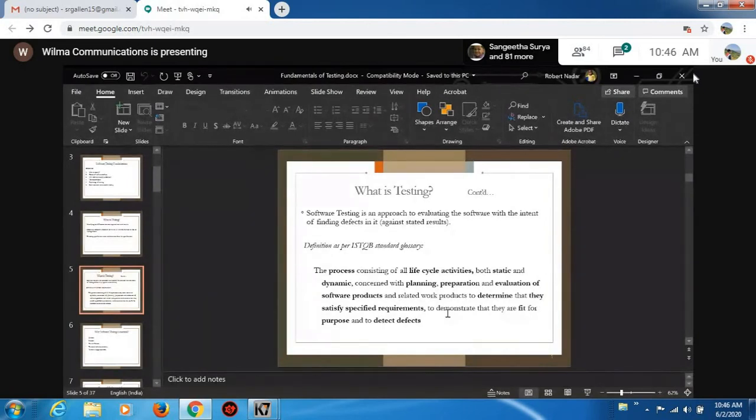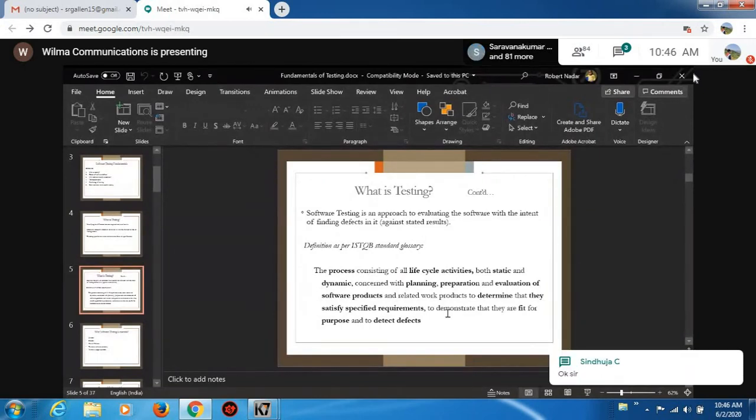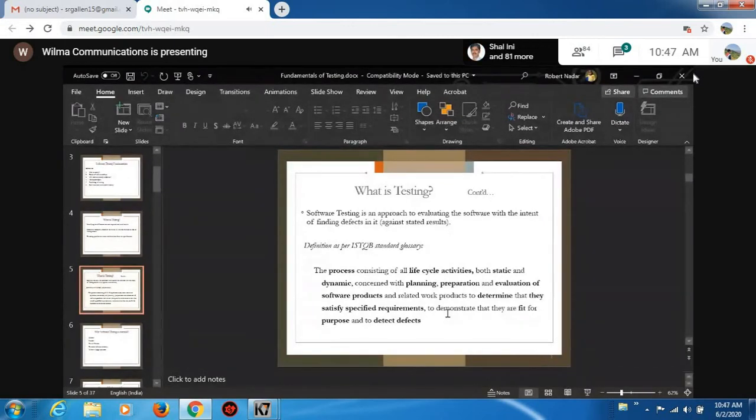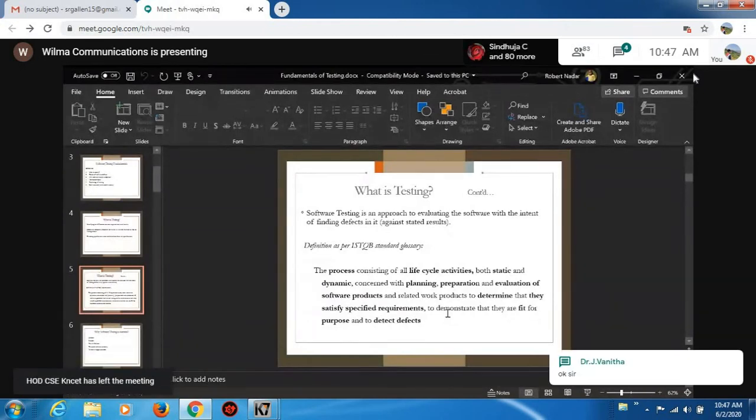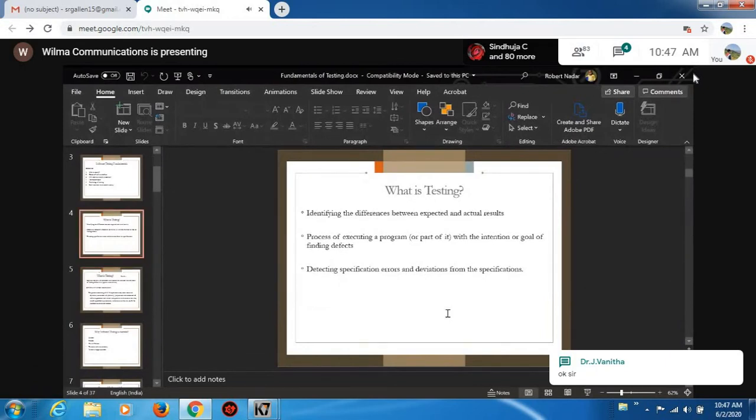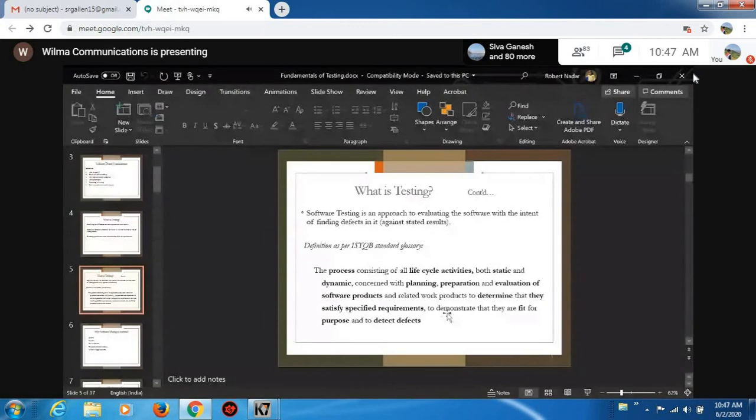You have complete rights to take a decision whether this product is ready to be deployed in the market or not. So that much power is available in the testing stream. The basic definition of testing is to find defects, but actually testing is not only used to find defects, but also to identify the reliability, the level of quality we have achieved, and the customer expectation. For that, we are going for testing.